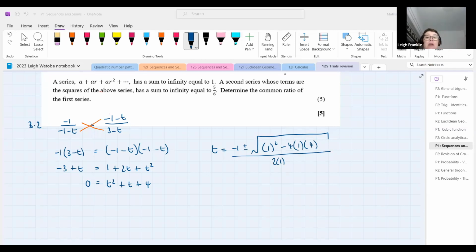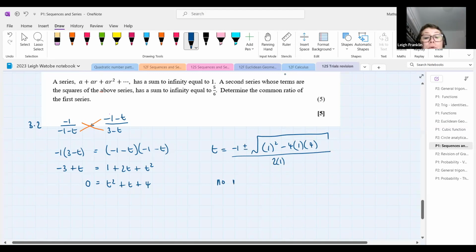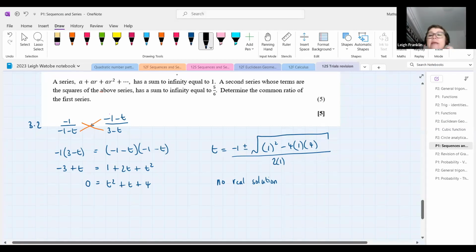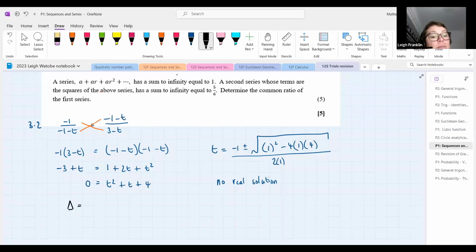Exactly, right? There would be no real solution. Math error, precisely. So really what they want us to do here, I suppose we could set it out like this. But what they're actually really looking for here is a link to nature of roots. So instead of actually trying to use the quadratic formula, which is not going to work, let's work out the value of delta, because that tells us about the nature of